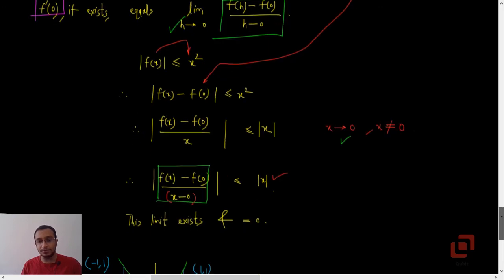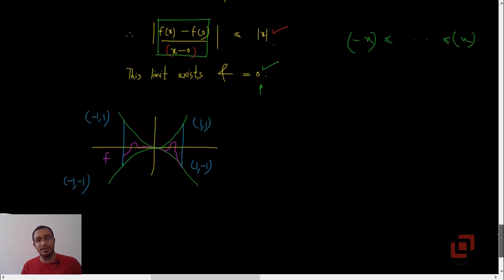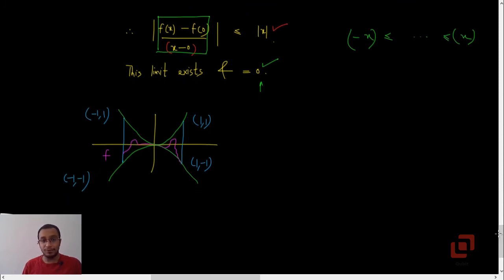Okay, so again by the sandwich principle we can say that this limit exists and is equal to 0, because whenever anything is less than or equal to mod x, we can say that the thing lies between minus x and x. Okay, and again by the sandwich principle we can say that the limit exists and is equal to the limit of either minus x or x as x tends to 0, which is 0. Okay, now intuitively you can say that f dash of 0 is 0, but you always need a proof in mathematics. Okay, so what do I mean by intuitive explanation?